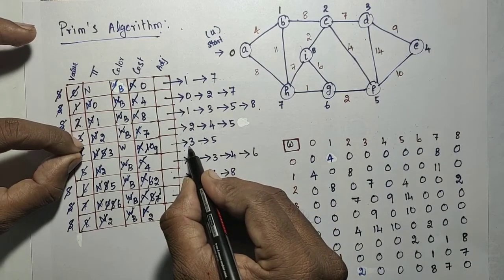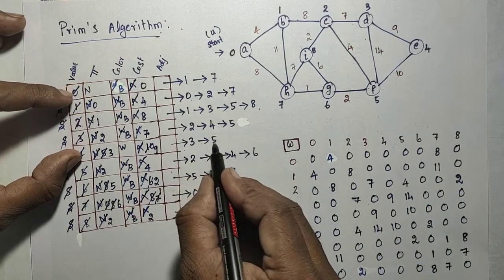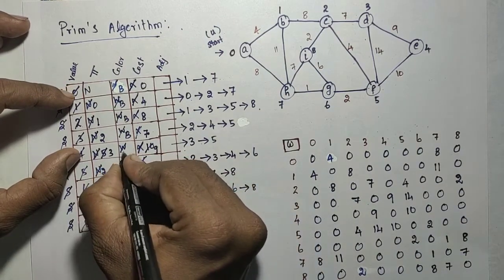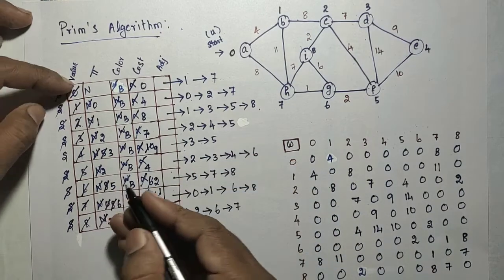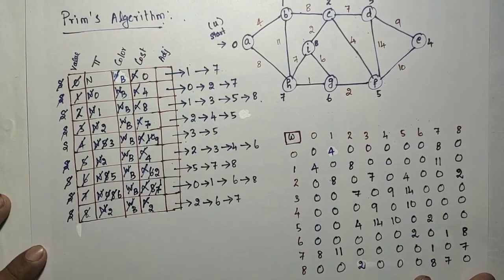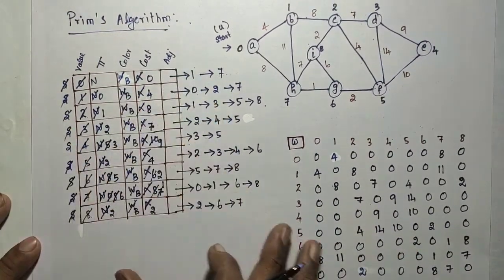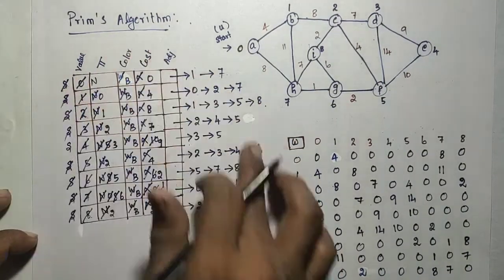3 is already visited and 5 is also already visited, so no need for updation. Then you change the color to black. In the next iteration, the queue will not have any elements. All the elements are extracted from the queue, then you can stop that procedure. Okay, so this is your final graph content.